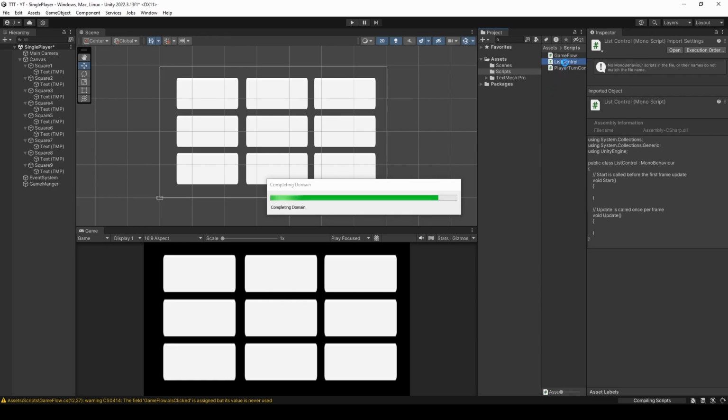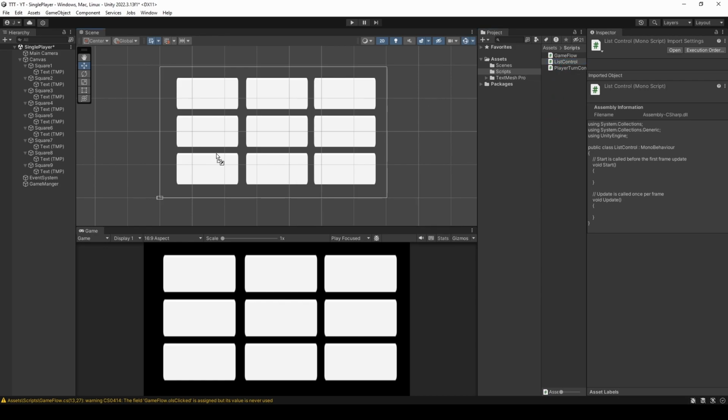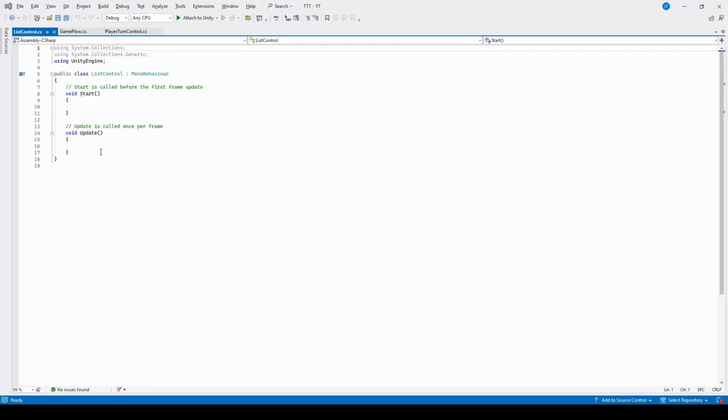And I'm going to add this script to our game manager. So once we're inside this script here, I'm going to go ahead and delete update and these comments here. We'll leave start as we're going to be using that. And we're going to create 2